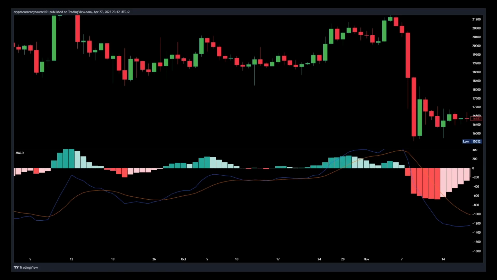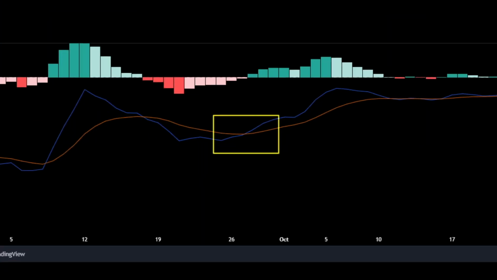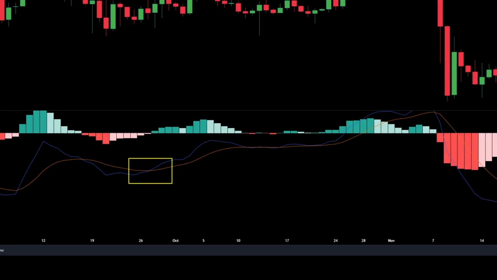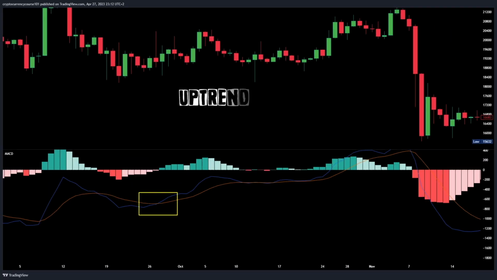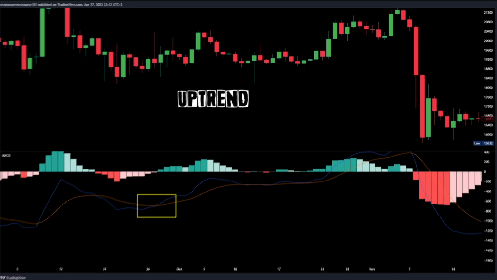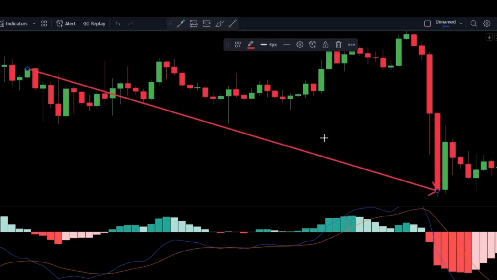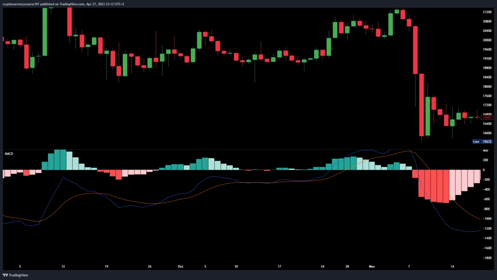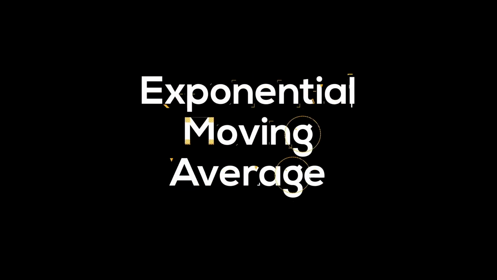Also here, as you can see, the MACD line crossed the signal line from below to above. They are both under the zero line. This is indicating that we are going to see an uptrend, but the market took the other direction and went all the way down. And to avoid cases like this, we are going to introduce another indicator, the EMA, the